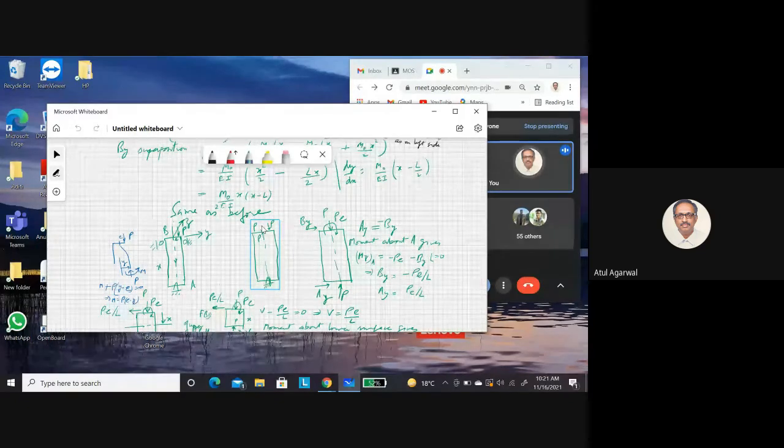What happens is because of some imperfections, it tends to buckle. It goes in the other direction. You just take a steel ruler and apply a vertical load. You will find that it deforms, it bends. I will show you in the diagrams.